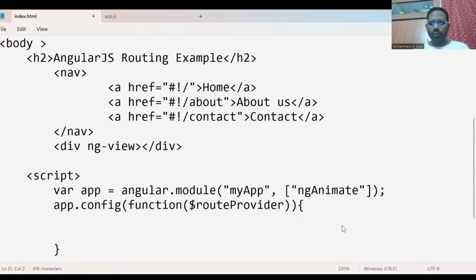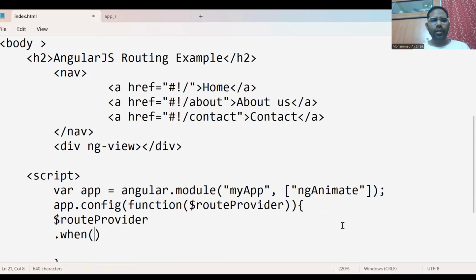Okay. So here, what we are going to do is write the code for this route provider, for whichever route you want to implement. So routeProvider, enter dot when, you are going to use this route provider. Okay. This is a simple thing that we have over here. So if it is the root element slash, then what do you want to do,